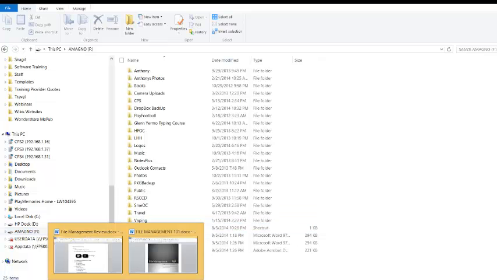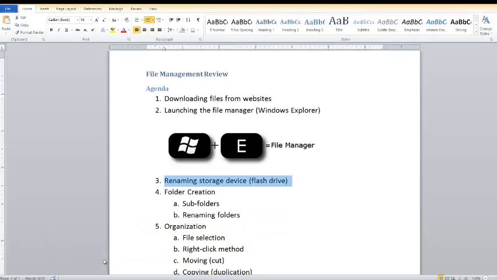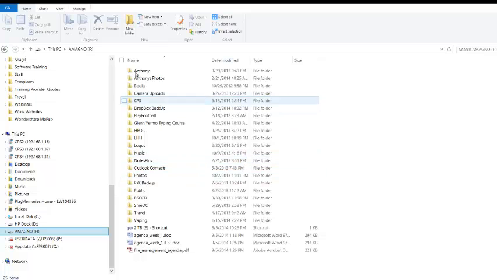Going back to the agenda, we now know how to rename storage devices. Now, what about folders? Folders are critical because you can see this is what enables you to organize your files, the information that's contained on your storage device. Again, we're primarily just working on my flash drive. One thing to note also, I am using Windows 8, but this looks pretty much the same in Windows 7